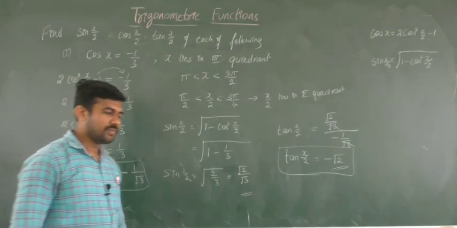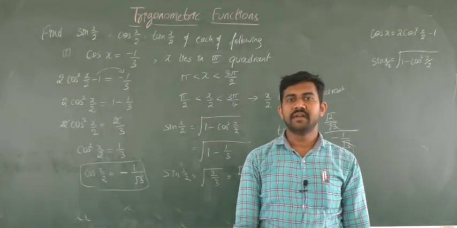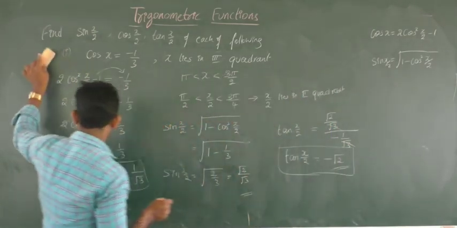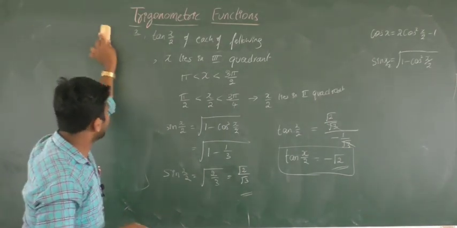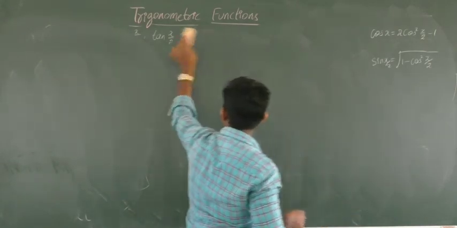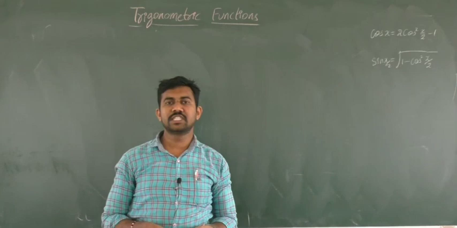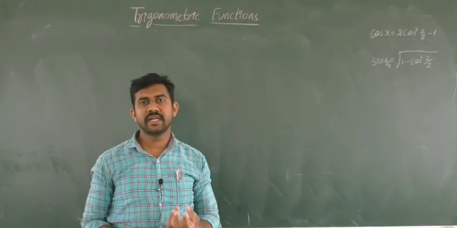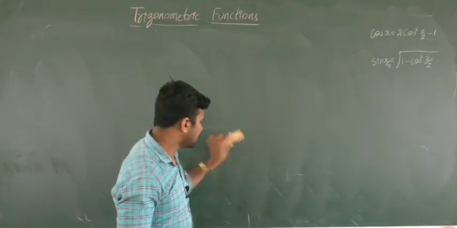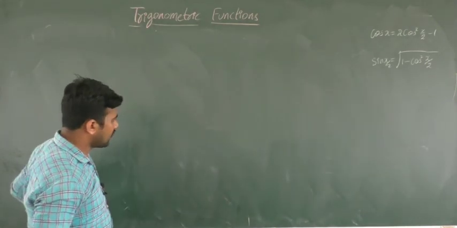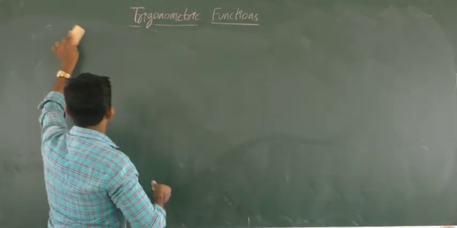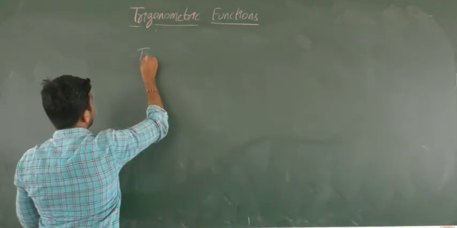We'll see now the last concept of trigonometric function. What is the last concept? That is trigonometric equation. Now we are going to study about trigonometric equation. Till here you studied only trigonometric functions. Function means it has domain, codomain, range, graph also you have seen, and the values we found, right? According to its angle we found the values of trigonometric function. Now we are going to study the next concept, the last concept, that is trigonometric equation.